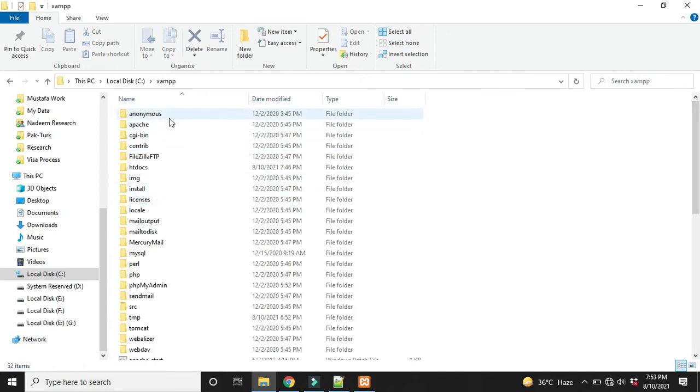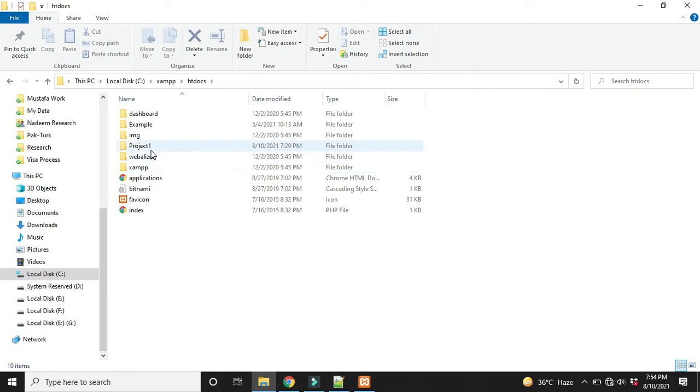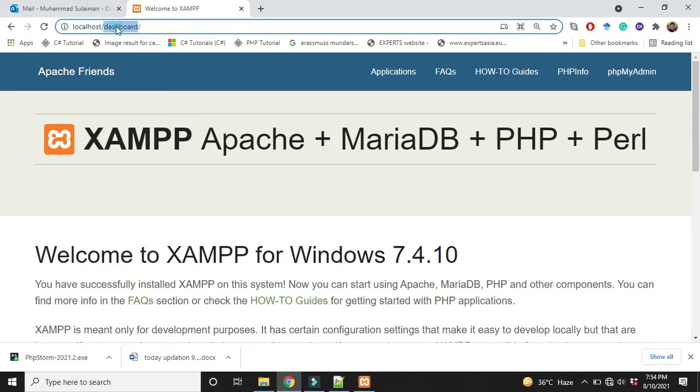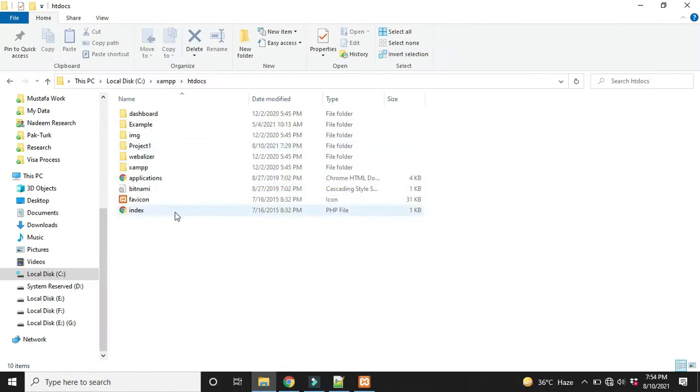So I will open the XAMPP. Inside the XAMPP you have to go to htdocs. Inside htdocs there is an index.php file. So why does the dashboard open when you write localhost?